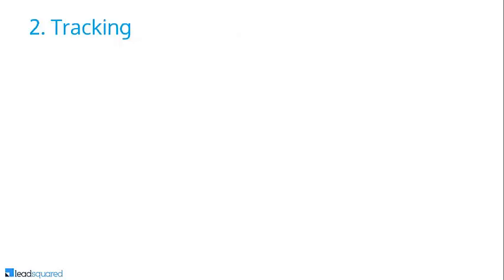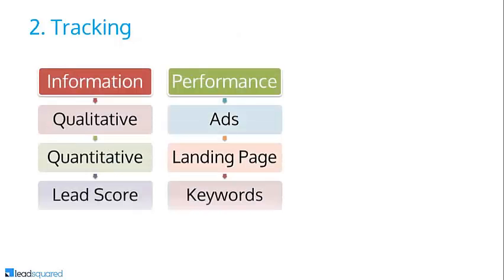The next we talk about is tracking. How do we track? Why do we track? We track because we need information about the qualitative value of each ad, the landing pages, the keywords. We track because we want quantitative values about how many clicks and conversions are occurring. And it also helps us score the leads that are coming. We'll be talking about lead scoring later in the PPT. So now we talk about the performance. If you do proper tracking, you can obviously measure the performance of your ads, the landing pages, and the keywords.